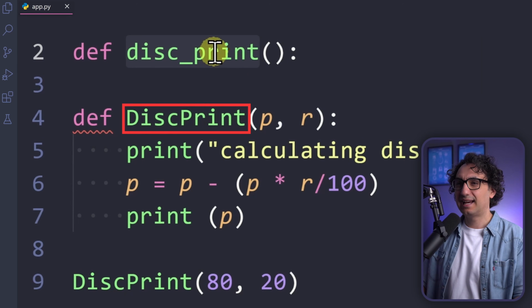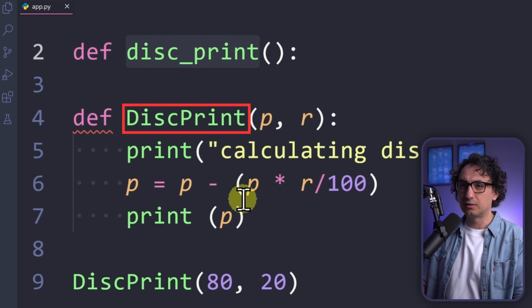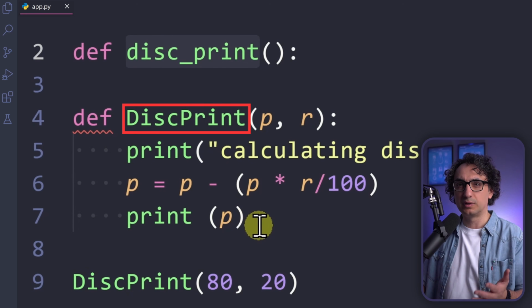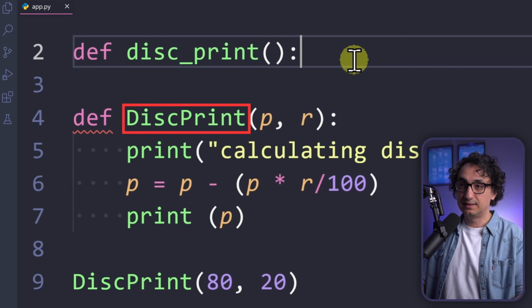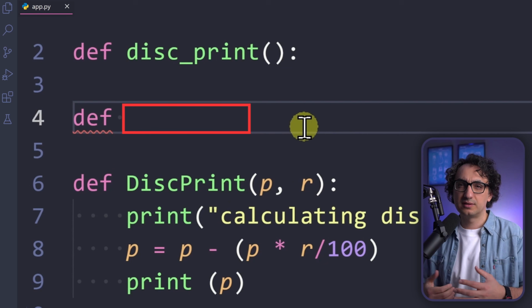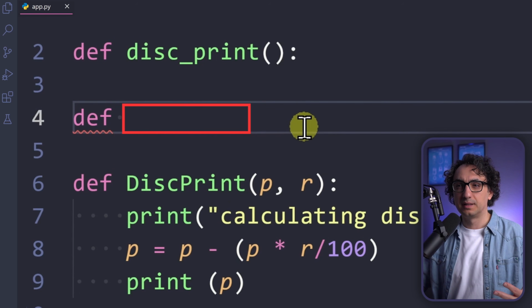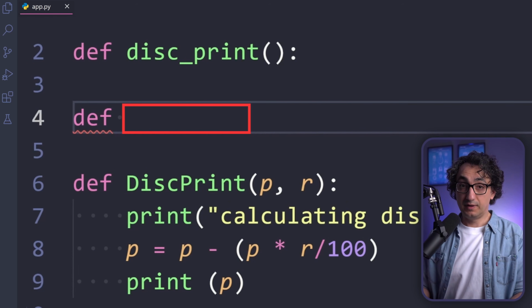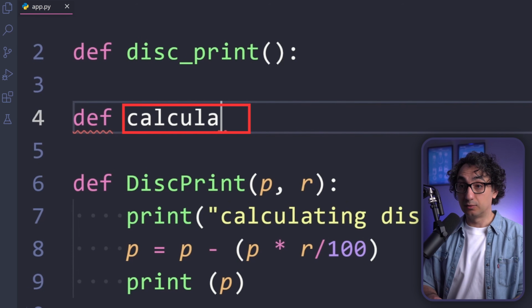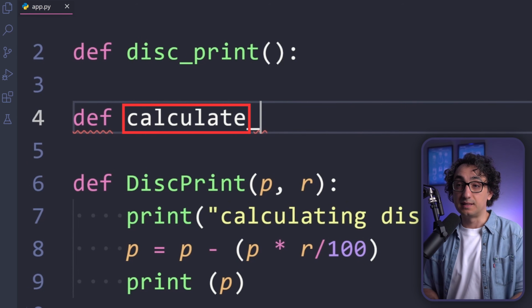It is not an action. I have to check the function or maybe the description to understand what is going on, right? So now we have to give it a better, meaningful name. First we're gonna start with a verb. By looking at this, we are calculating the discount, right? So the verb here is actually we are calculating. So calculate, this is the action name.